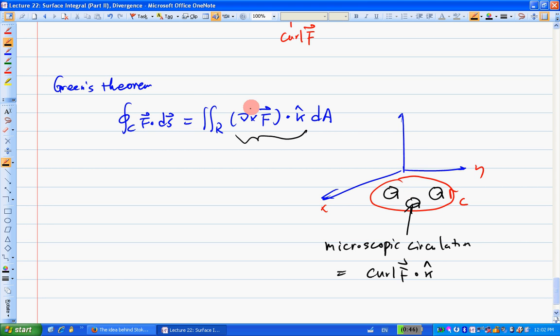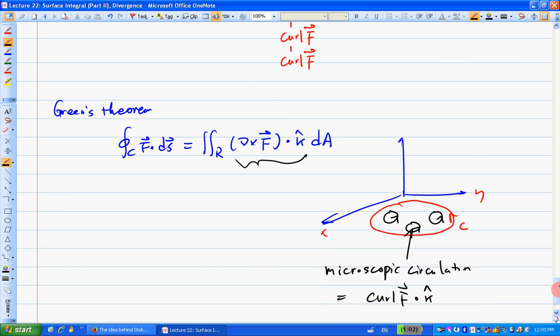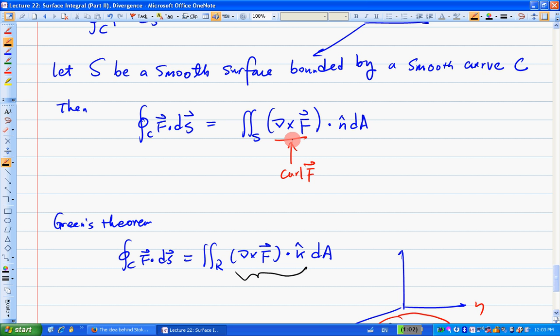Okay, and then there comes this integral. So you're adding all the microscopic circulation within the region R. Then that becomes the so-called macroscopic circulation, right? And this macroscopic circulation is indicated by the circulation around this curve C. See, that's the idea of this Green theorem right here, right? Okay. So now, if I go back to the 3D case right here,